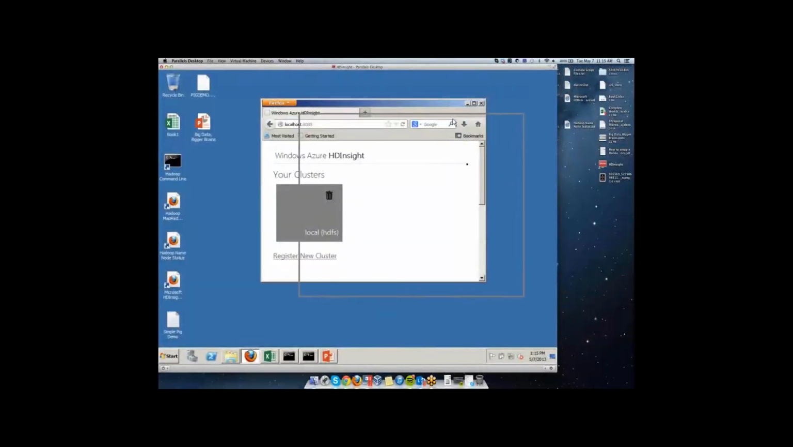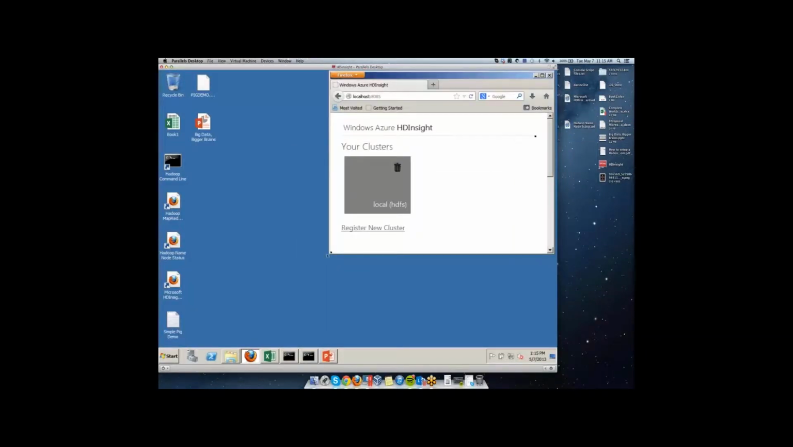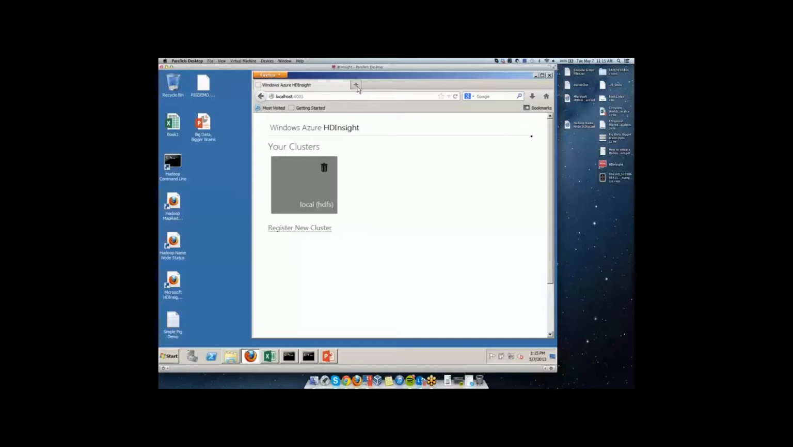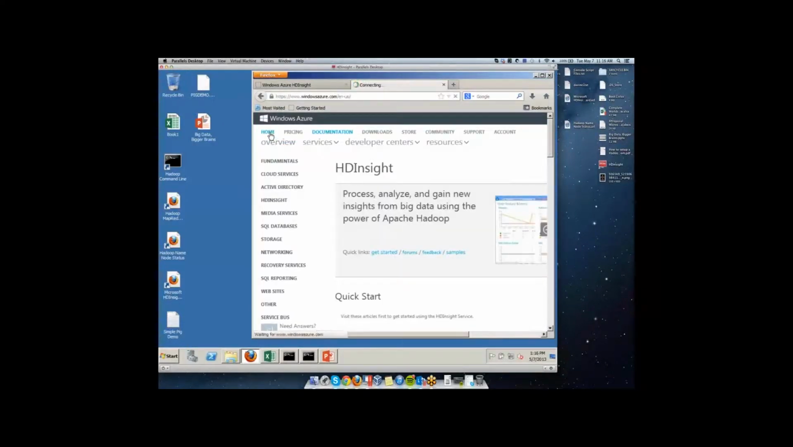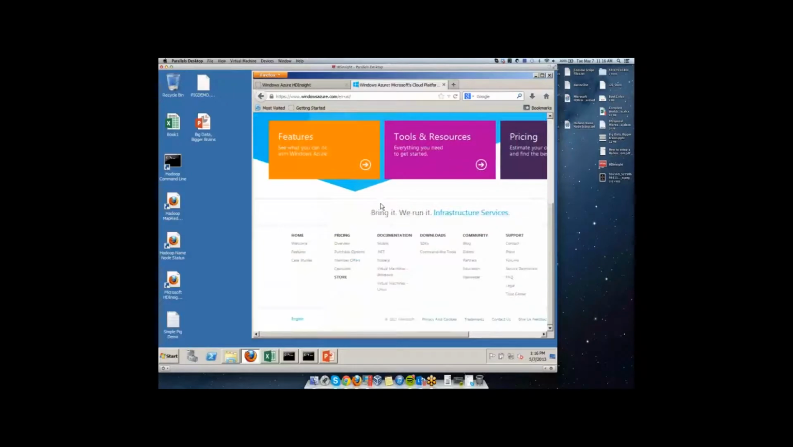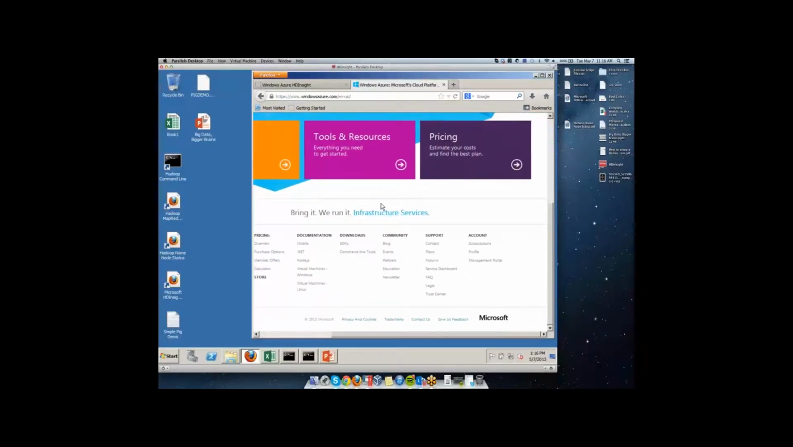So to avoid any issue with the cloud, and because I wasn't 100% sure that I would be here today, I'm going to go up here to windowsazure.com, and right now, if you're interested in doing this on the cloud,